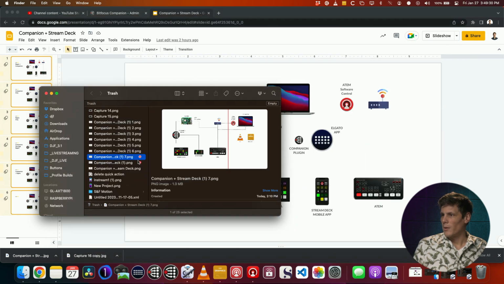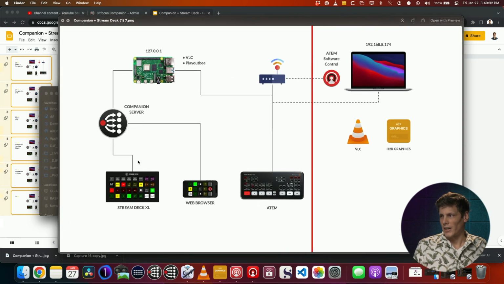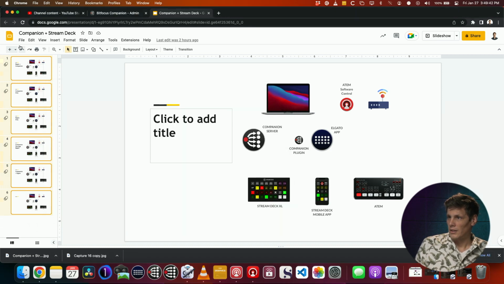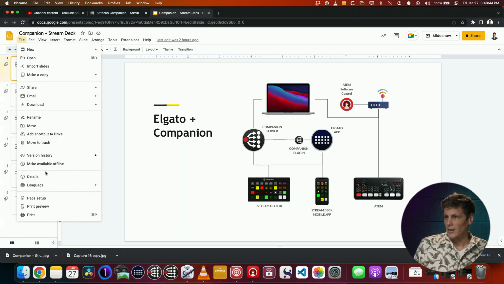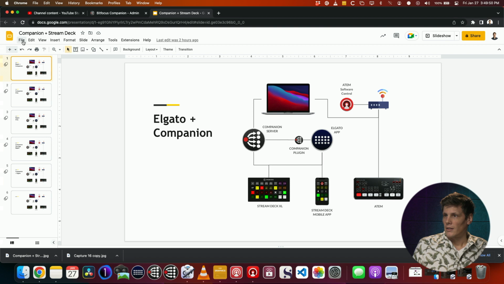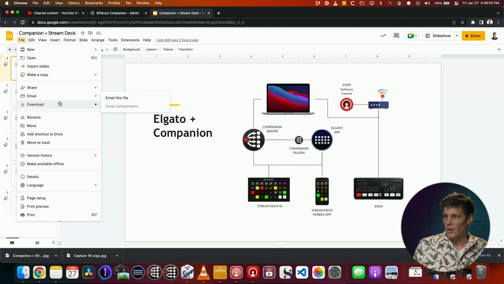But what I want is how it is going to look on the screen when I'm presenting it, which is this smaller original 960 by 540 version. So therefore, what we're going to do is not worry about changing any of this page setup. We're just going to leave it at the default widescreen, 16 by 9. Don't need to change anything there. And then we're going to go download